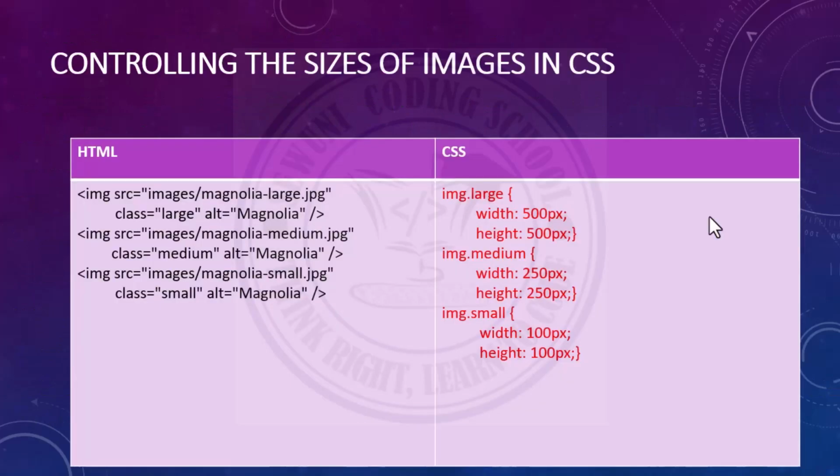Now look at this example, the HTML on the left and then the CSS on the right. We have three different images here. The first image has a class name of large, which has been specified here with a width of 500 and height also 500. The second image, which has a class name of medium, is 250 by 250 pixels, whilst the last image has a class name of small, and it has been given dimensions of 100 by 100. Okay, let's go into the text editor